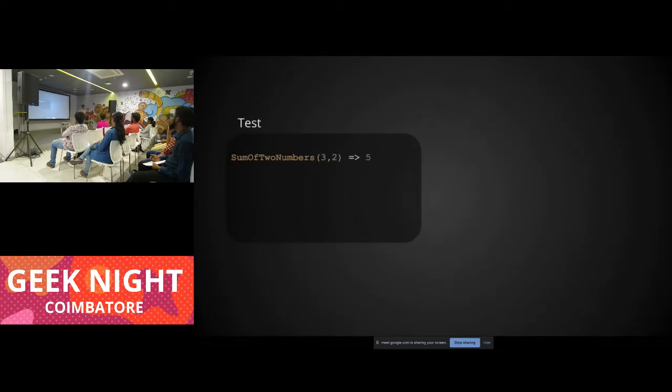I will assume that there is a function called sum of two numbers that will take two numbers. Here it is 3 and 2, and it will return the expected output, that is 5. So this is what I am expecting. Then I will try running this test. So what will happen? It will obviously fail because we have not written that code for the sum of two numbers